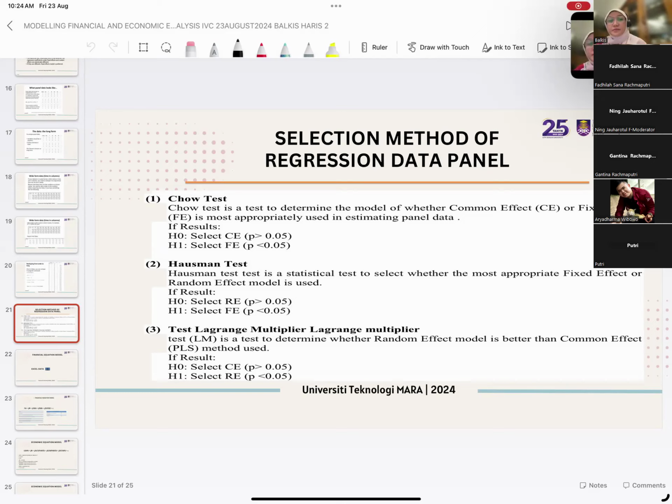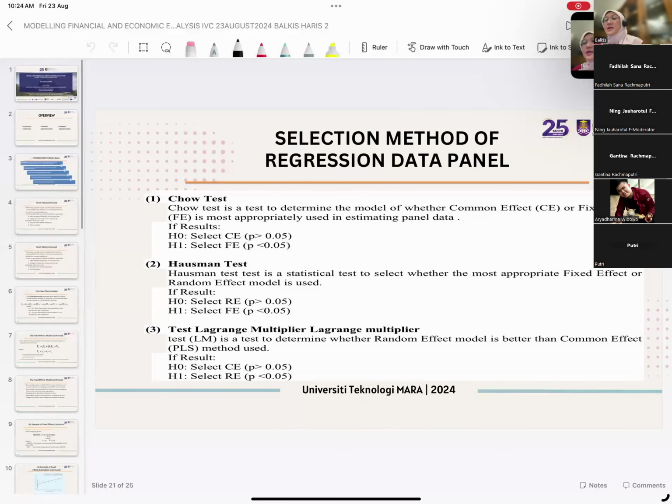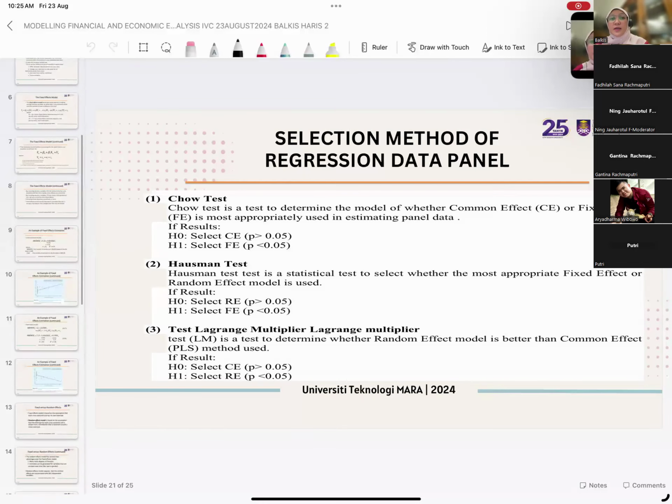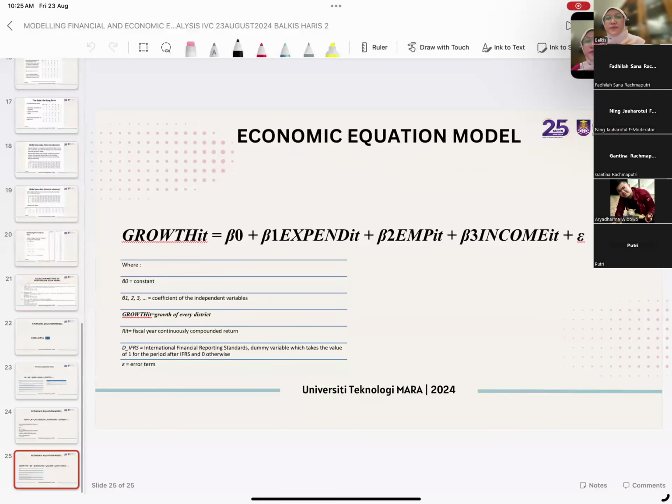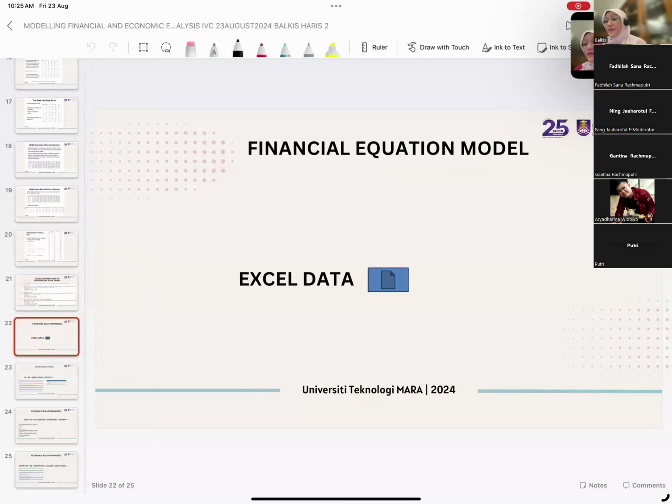All right. So far, that is all the basics about panel data. Okay. Any questions before we move to the financial equation model and also the economic equation model? Tak ada? Alright. Kalau tak ada,